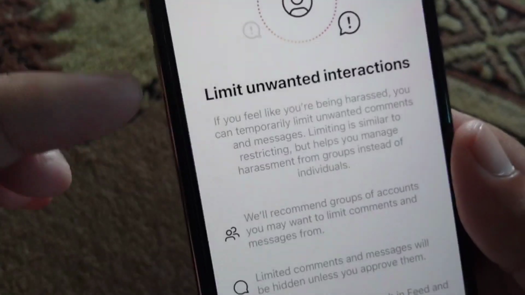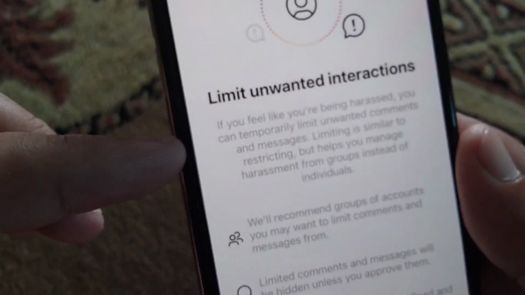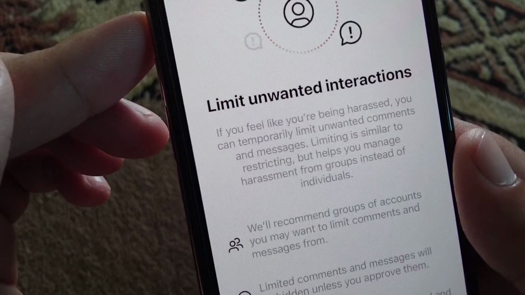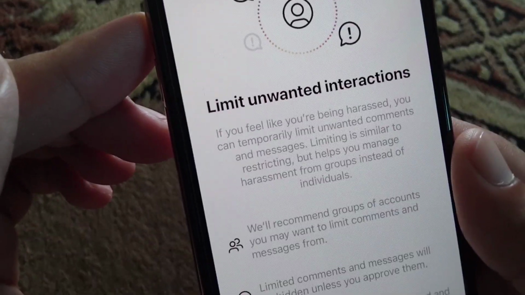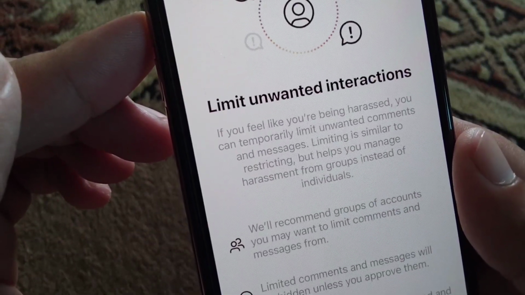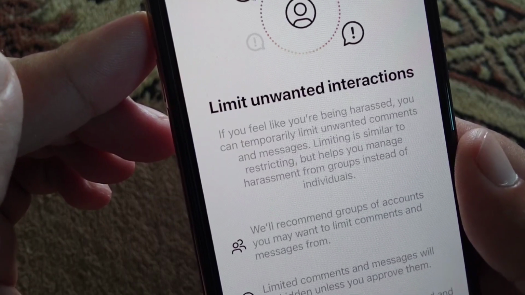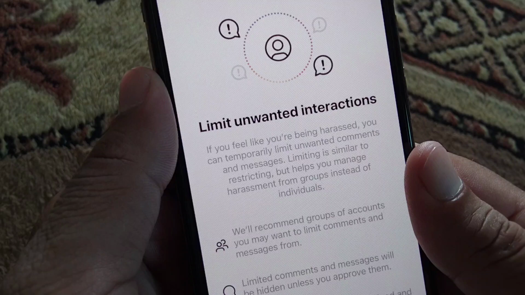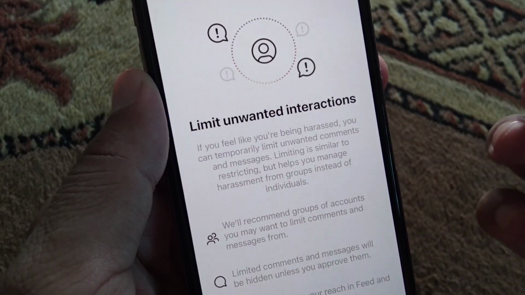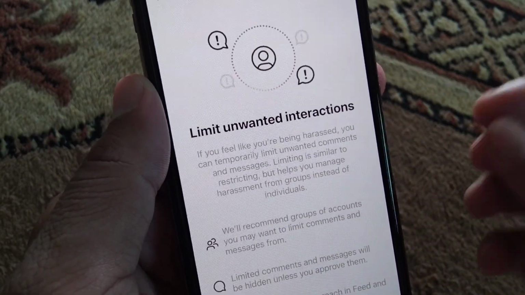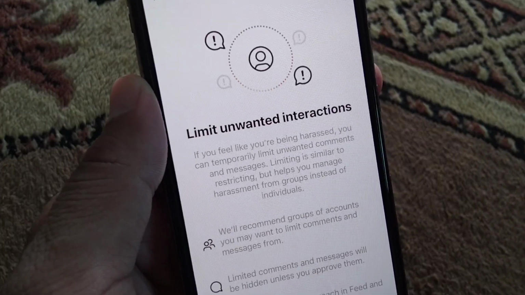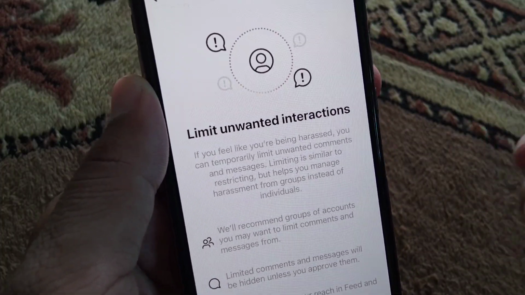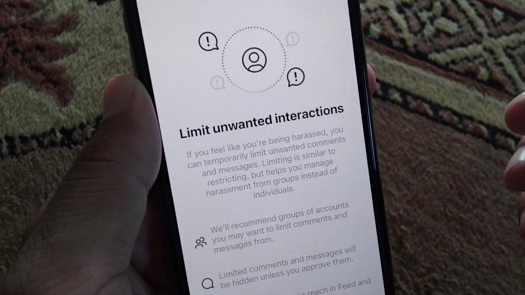If you feel like you are being harassed, you can temporarily limit unwanted comments and messages. Limiting is similar to restricting but helps you manage harassment from groups instead of individuals. So if you feel that you are being harassed by someone and you want to limit these harassments, here I will show you how you can turn on or turn off limits, or how you can set limits